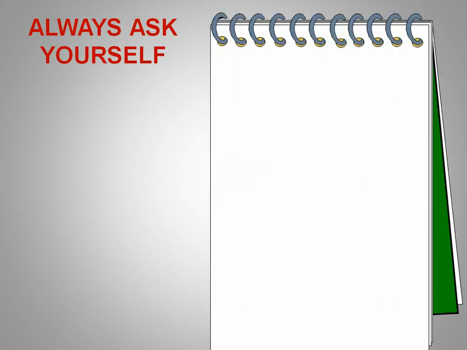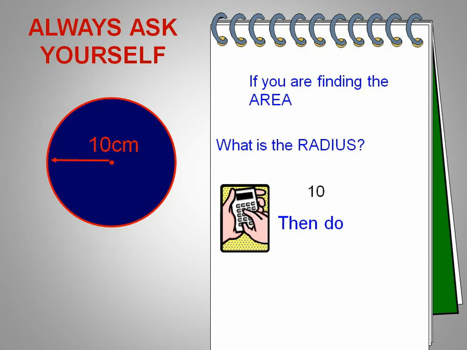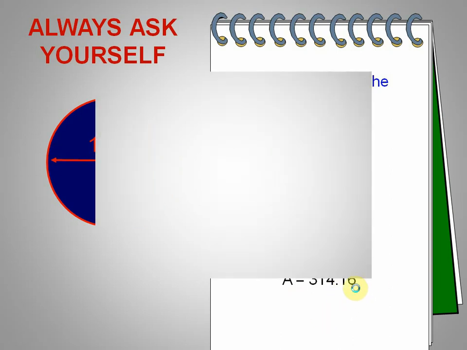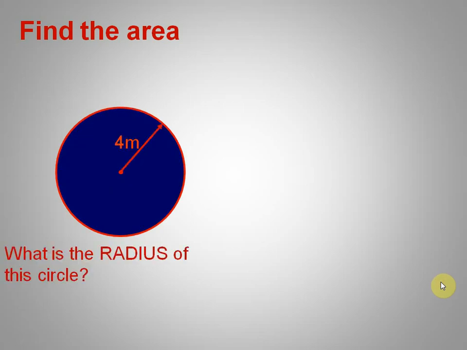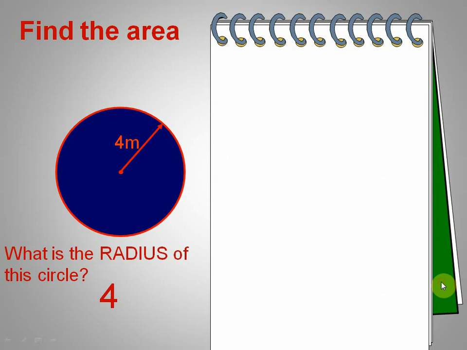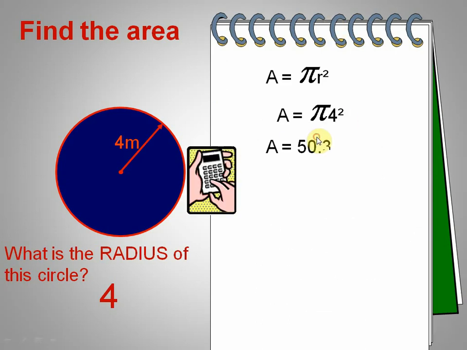Next, moving on, find the area of the circle having a radius of 10 centimeter. Now you apply the formula, A equals pi r squared. So the value of pi is 3.1416, and the radius is 10 squared. 10 squared is 100. When we multiply with this, we get the answer 314.16. Next, moving on, find the area of the circle which has a radius of 4 meters. So we just apply the formula, A equals pi r squared. Pi is 3.14, 4 squared is 16. You get the answer 50.3 meters squared.